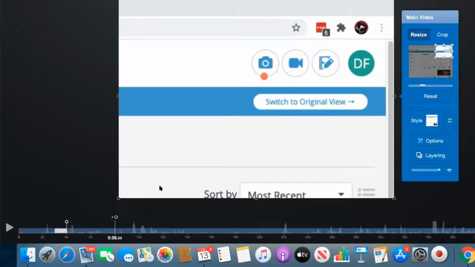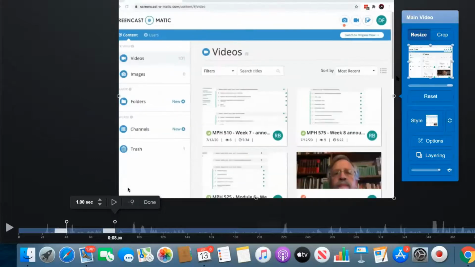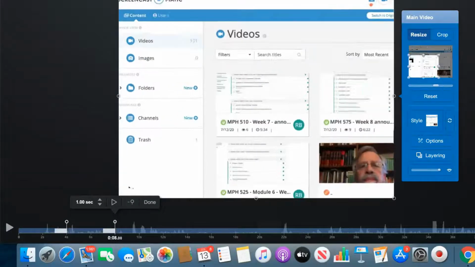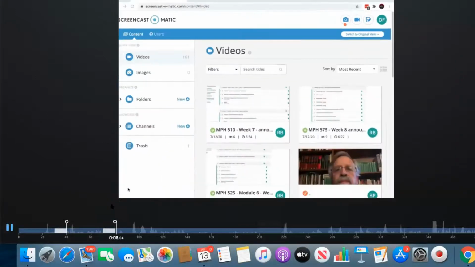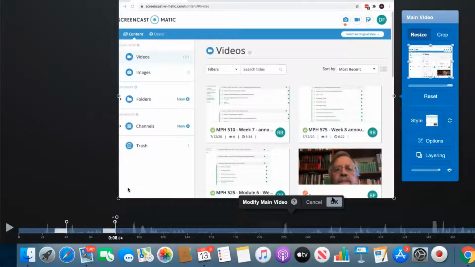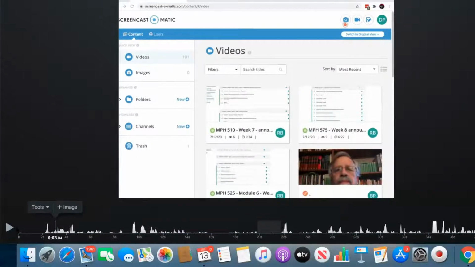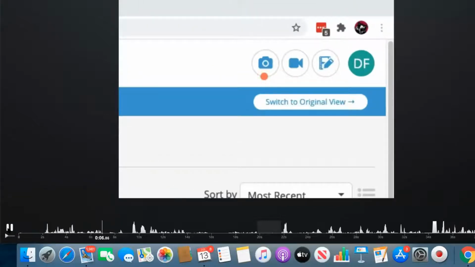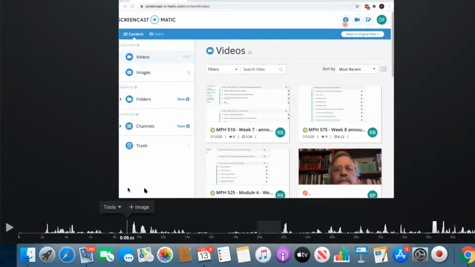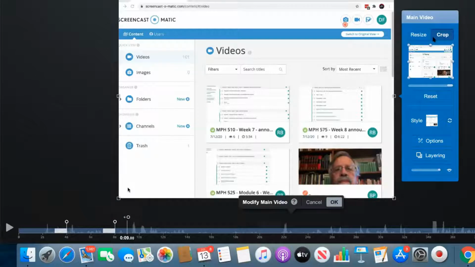I can click on the main video. I can set an edit point. Got my default 1 second fade in. I can grab the corner and I can drag back out to the main. Or I could, if I wanted to, zoom into something else. I preview it. Yep, that's what I want. So I click Done, and then I click Modify the main video. And you'll see here, we'll play through just a little bit of this. Zoom in. Zoom out. You can use the same technique to crop your video by clicking over here on the crop side,